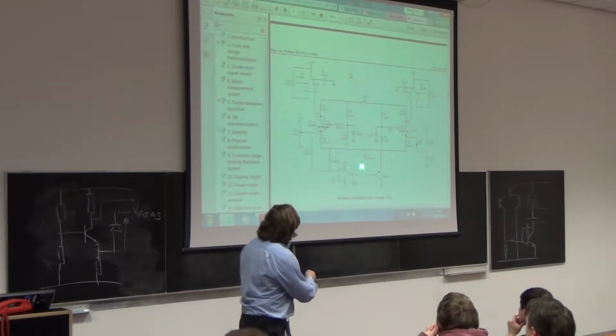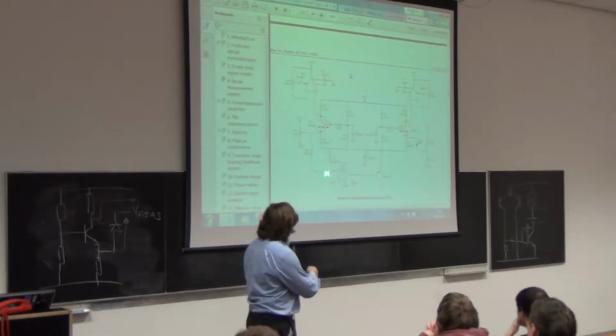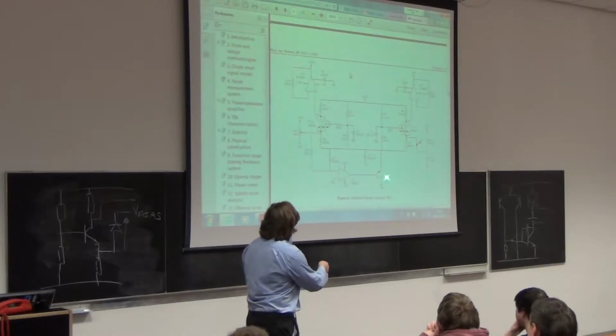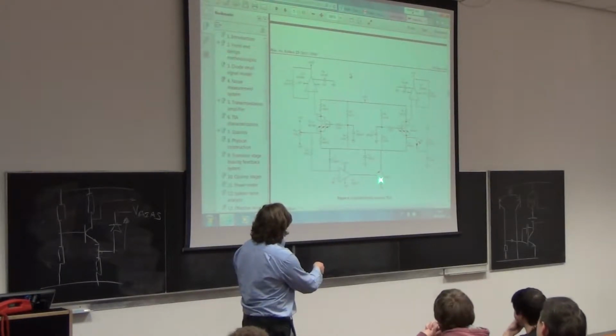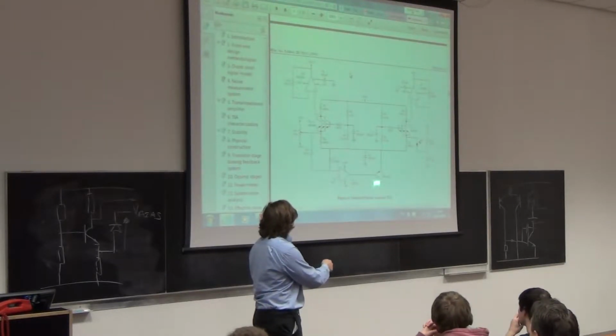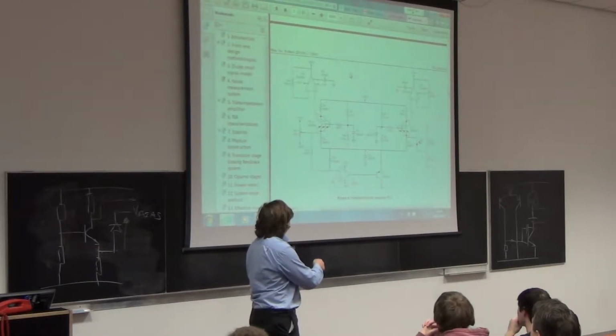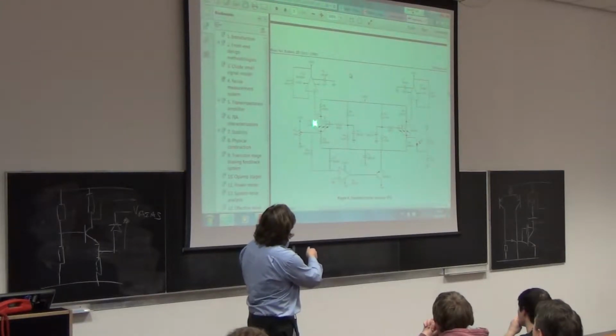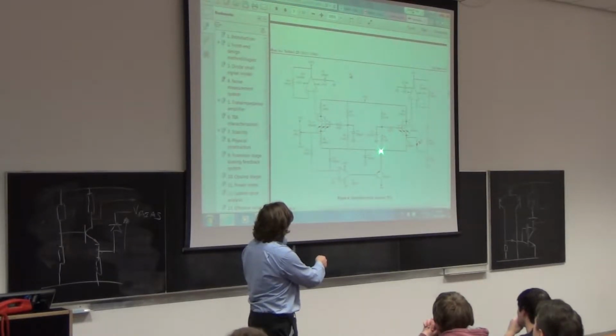And I have an integrator. Now the capacitor's in a funny place, but don't panic about it. It's all right. This transistor is just there to beef up the current capability of this op-amp. So you can think of all this stuff here as just a big op-amp. So I've got my resistor and my capacitor, which is what I need to make my integrator. There is no photodiode current in this circuit. It's just there so I can look at the DC voltage here, and then adjust this point